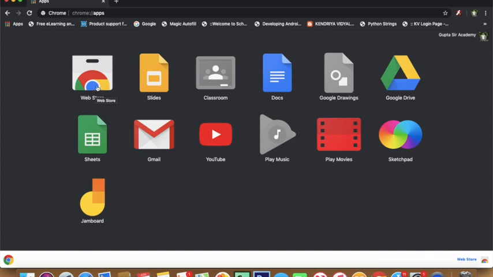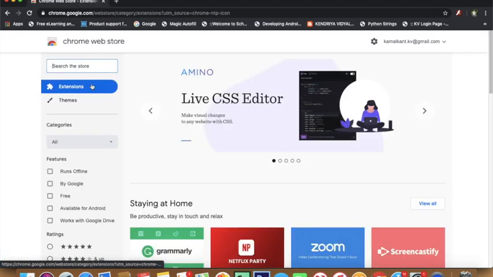Now you can see here there are many apps which are pre-installed, in my case. You may not have these installed in your Google browser, but this will be there. The first icon will be Web Store. So just click on that Web Store, come to the Google Web Store. Now here you can find that extension.